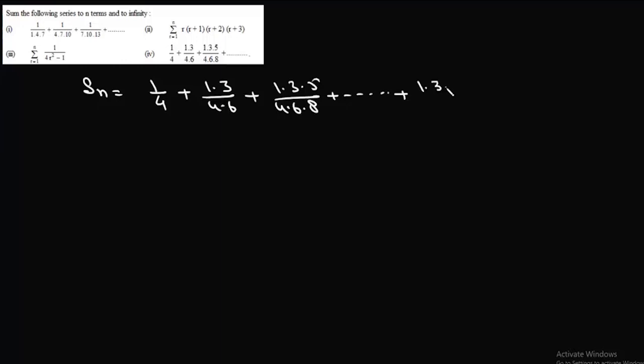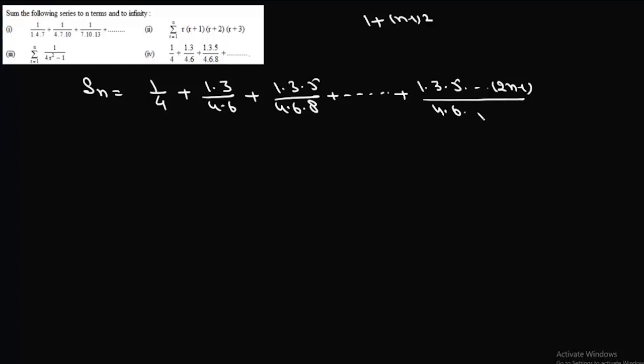And then we have this fourth one, which is this series Sn. So this is 1 by 4. 1 into 3, and this is 4 into 6. This is 1 into 3 into 5, and this is 4 into 6 into 8, and it goes up to n terms. Now for the nth term we'll have 1, 3, 5. So it is an AP. So this nth term will be a plus n minus 1 into d. So there will be 2n minus 1, and here